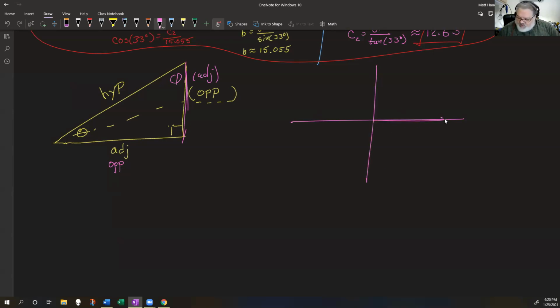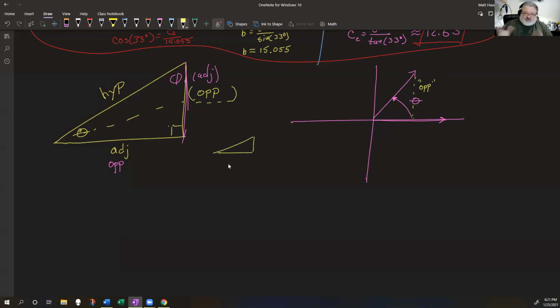Now, why doesn't that happen when we talk about our circles? The reason it doesn't happen when we talk about our circles is because we are specifying in our circles that our angle is measured from standard position. So it is being measured from an x-axis. That makes our quote unquote opposite sides always verticals. Fair? So we can say that's a y value. If it's in a triangle,